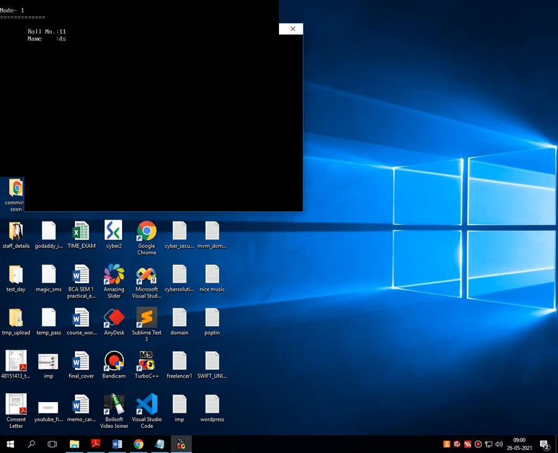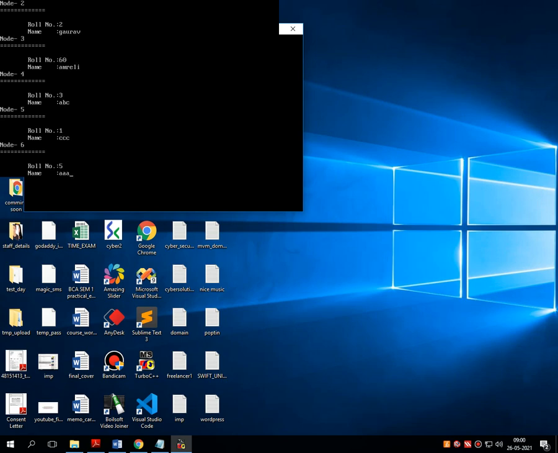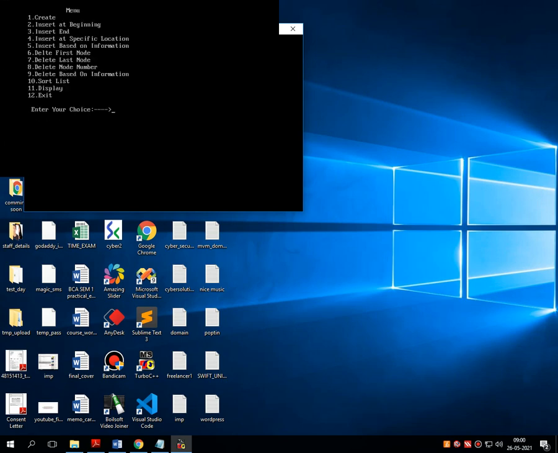Display: first as it is, second as it is, third becomes Amreli. So this is called insertion of a node at a specific position, and whatever the old node was at position number 3 moves to position number 4, 5, 6, 7. In total there are 8 because a new node is inserted. So operation number 4 is also working properly.